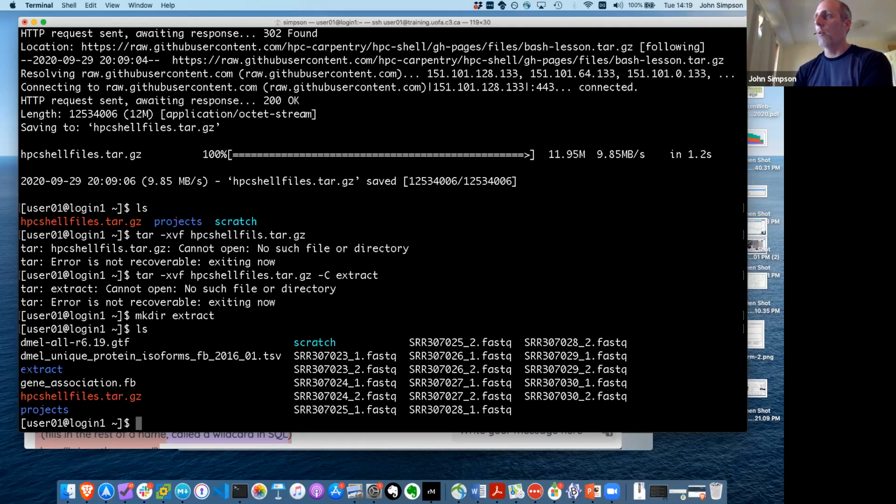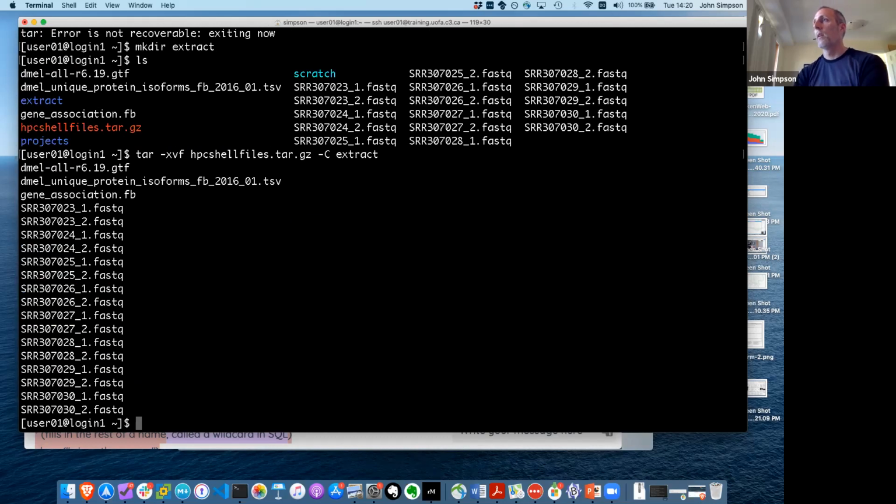But one thing that you should notice is that we now have here in blue, because of the defaults for this shell, a folder called extract. Right? So if I press up to come back to the tar extraction command, with the -C space extract at the end, and I press enter, we see it behave a little bit better here, right? It's not angry. It gives us a list of each of the things that it's extracting. Didn't tell us it was overwriting anything, and so on and so forth. So my hope is that they're all inside